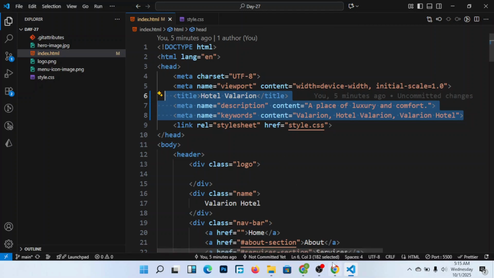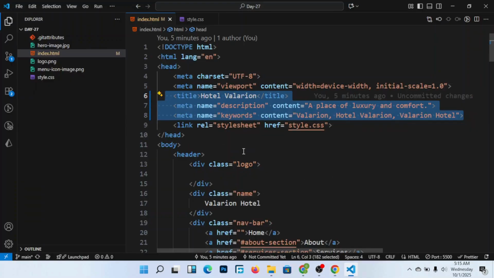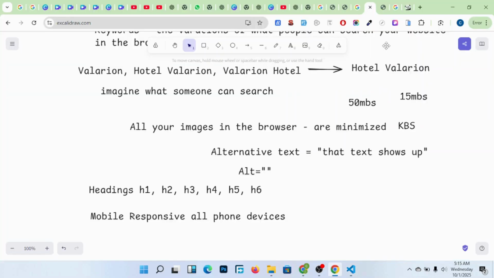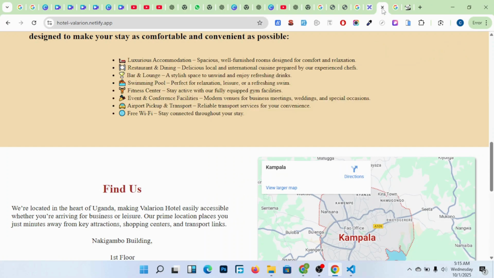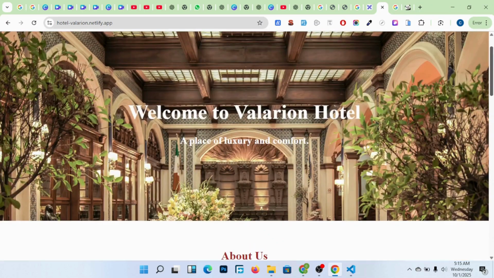But right now there is something that I need to do. I need to make these changes because this is a localhost here. So what am I going to do? I'm going to make these changes and push them to GitHub, to make sure they sync with this already made website here. Because this one I made without SEO, so I have to make sure that all those changes are synced with this one which is hosted.